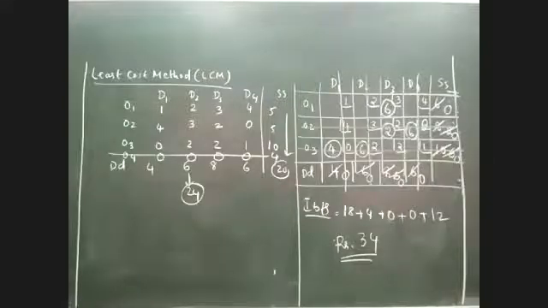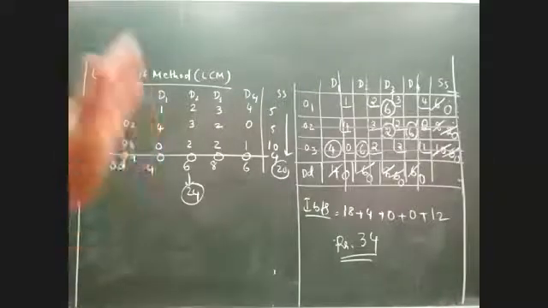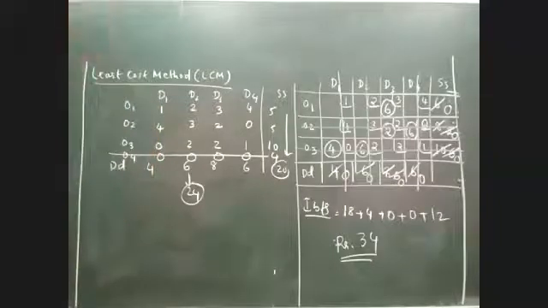No. It should always be placed at the end. So, for example, if D4 is there, then the dummy column should be D5 only. I cannot keep it as the first value. If it is a dummy row, then it should always be the last row. Always the dummy should be placed in the last position. It cannot be placed in the center or middle or something like that. It has to be always kept at the last.